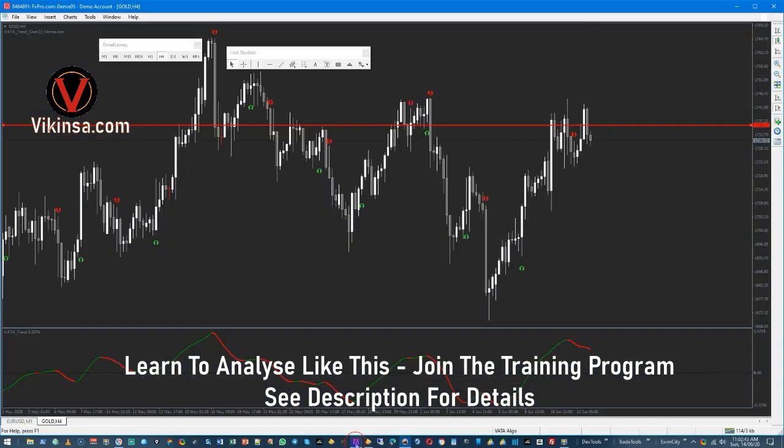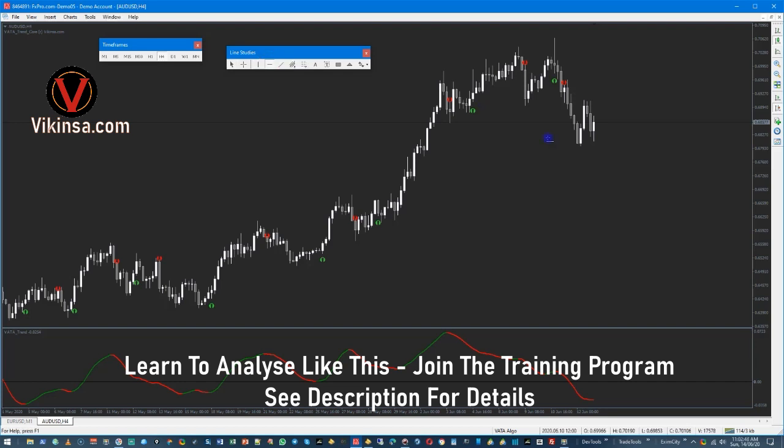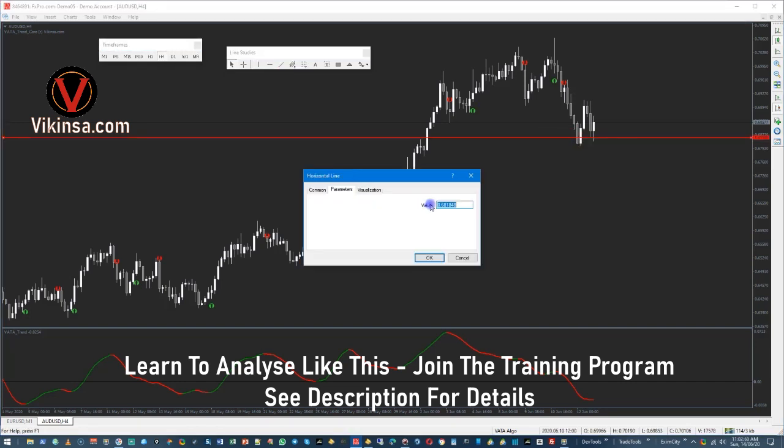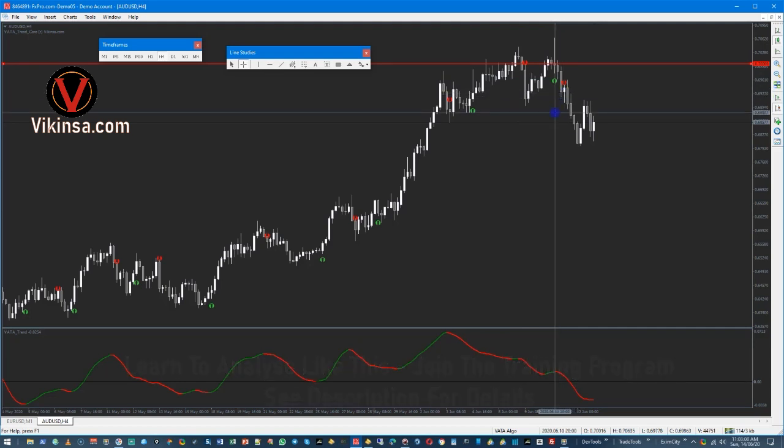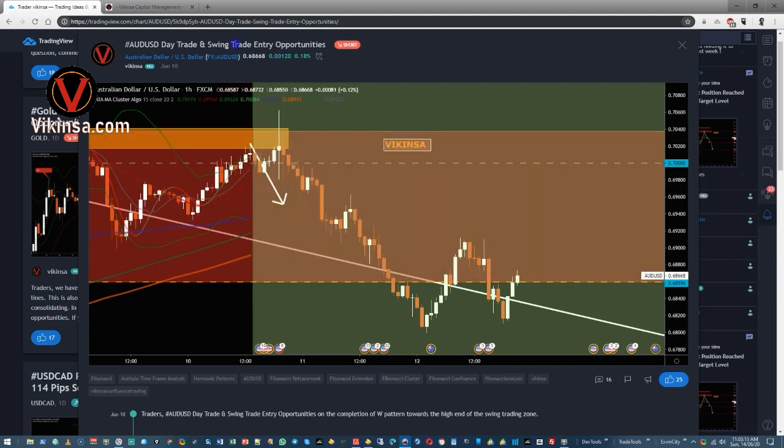0.7. So let's bring in AUDUSD. This is AUDUSD, and if I draw a line for 7,000, this is the line right there, and as you can see the market was able to actually give us a signal right there, and there was a little bit of retest here, but there was a better signal around here. So if you are not 100% sure where we want to enter, then you could have actually just taken this secondary signal. But remember that this signal was given for a day trade opportunity or a fine-tuned entry for